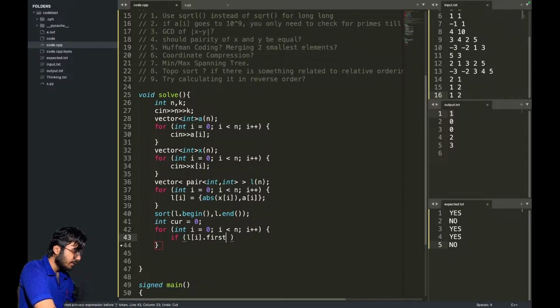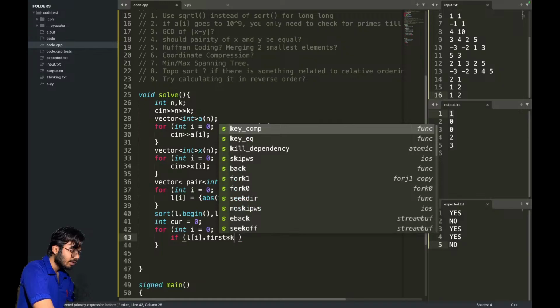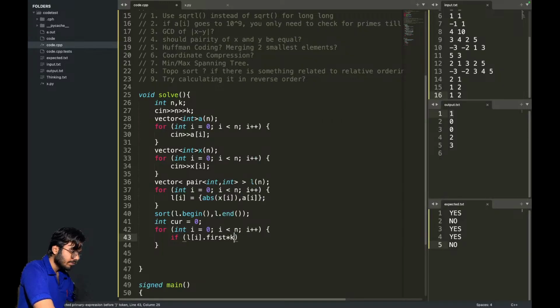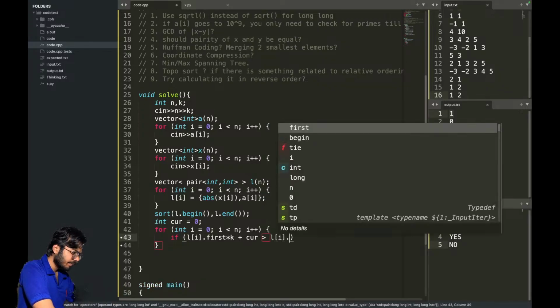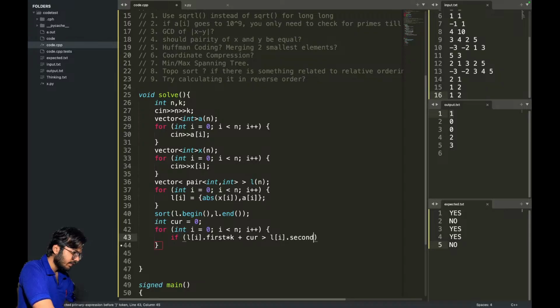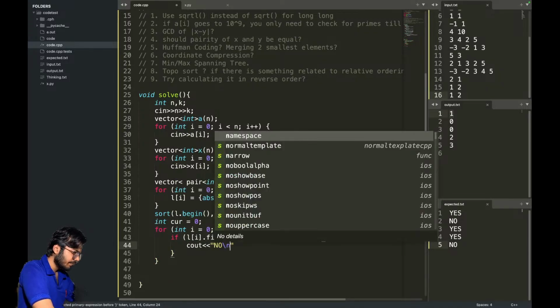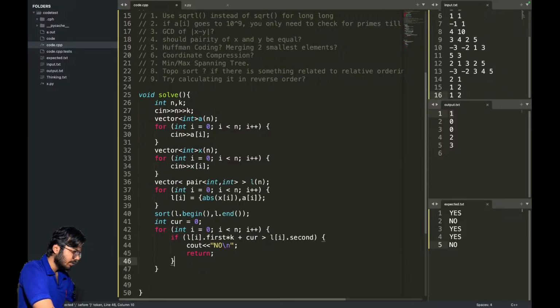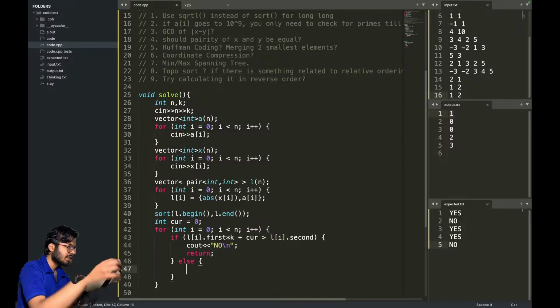If L of I dot first times the distance times k, plus the current number of bullets that I have fired at him, is greater than L of I dot second, then I have to see out a no and return. Otherwise, what I will do is